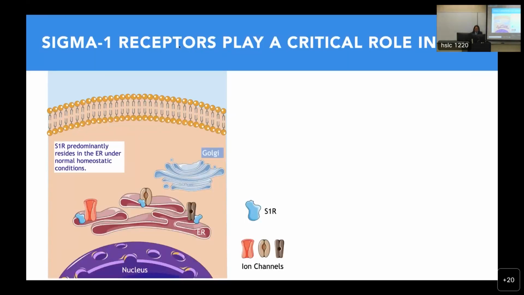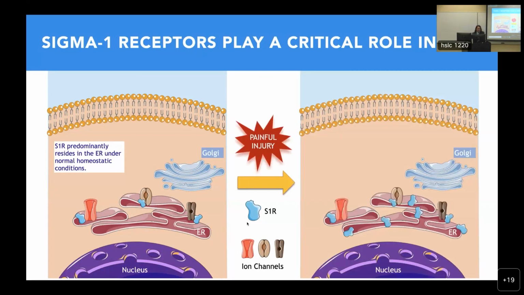And so here's a little cartoon I've created to illustrate what it does. The sigma-1 receptor normally resides in low levels at the endoplasmic reticulum, and it usually buddies up to one of these ion channels that are important in cell signaling, especially in electro potential generation. So a lot of the channels it may buddy up to are NMDA or voltage-gated calcium channels, voltage-gated sodium channels, the TRP channels, but they just hang out here in low levels, and then you have some inciting event, some injury,